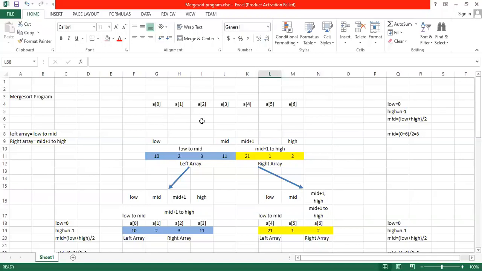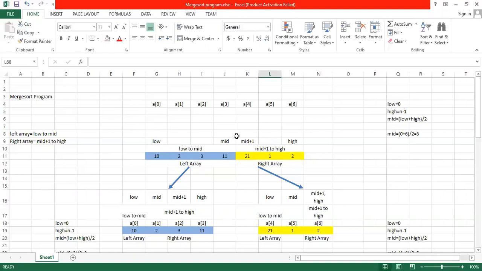The merge sort program divides the array into smaller arrays every time until it cannot be divided further, till there is a single element in the array, and finally we merge it. That's why it is named merge sort.